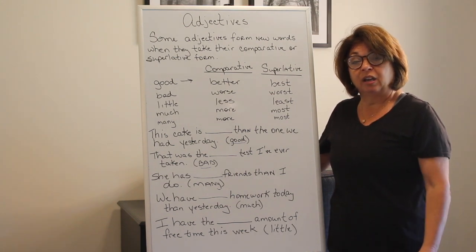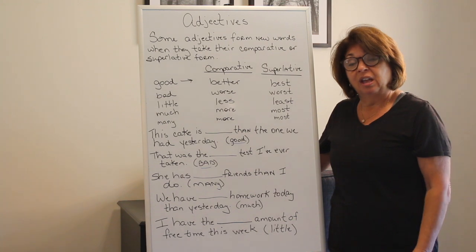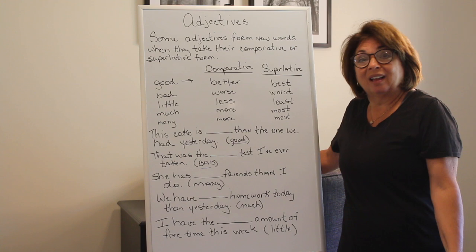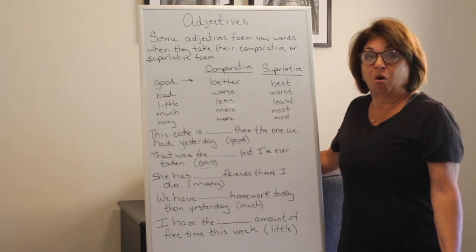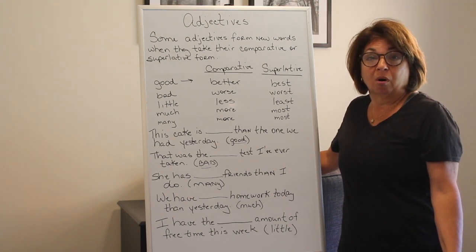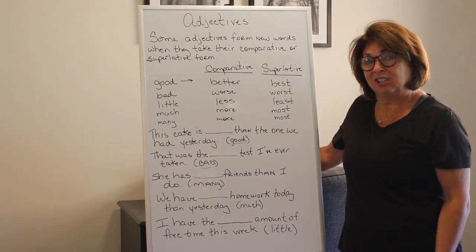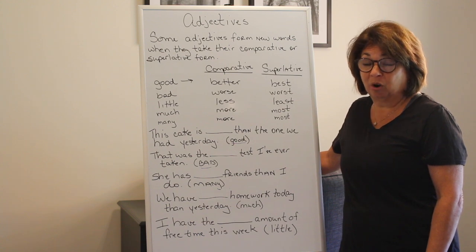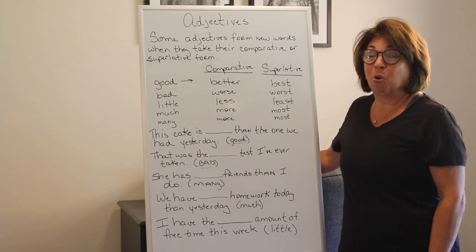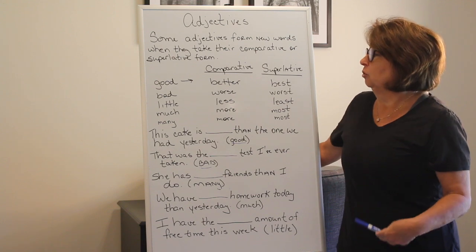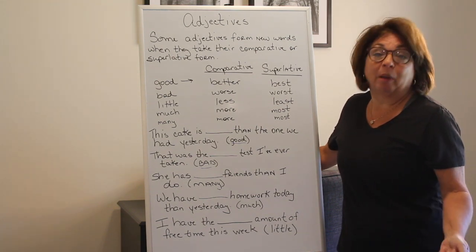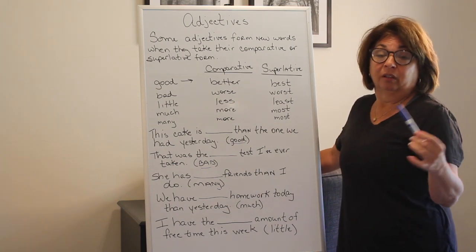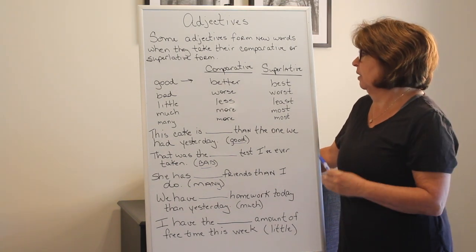Today we're going to be talking a little bit more about adjectives. Today's adjectives are going to be special form adjectives, where instead of adding either ER or EST, more, most, least, or less, we're actually going to be changing the word to make it comparative or superlative. Unfortunately, there's no real way to, you just have to remember this. It's just a little chart that you have to remember how we change the word from the base word to the comparative and the superlative.